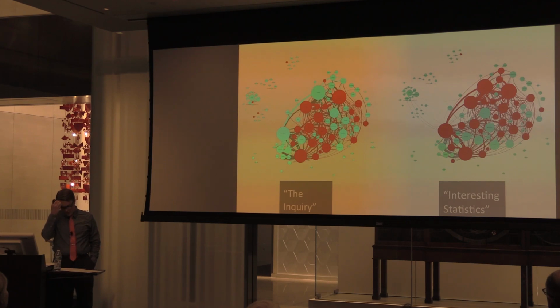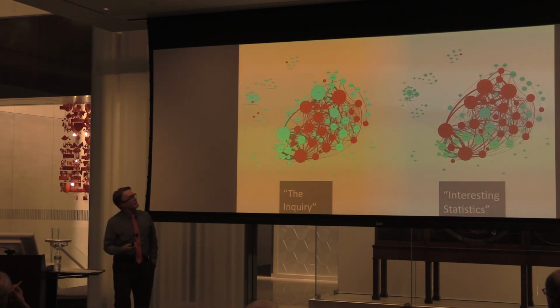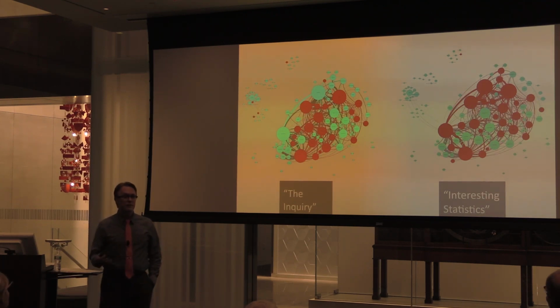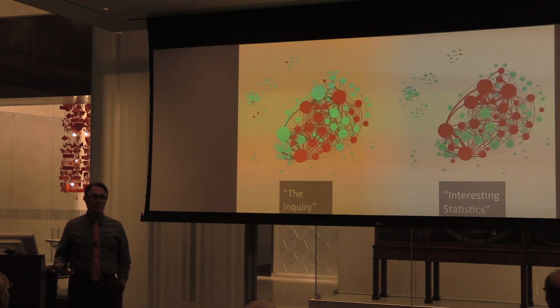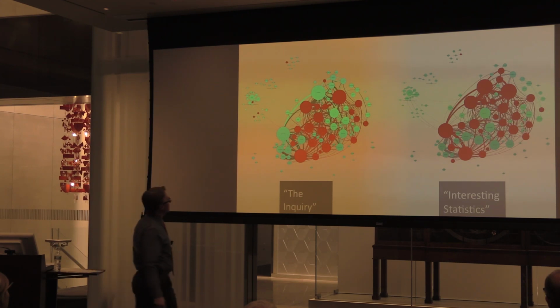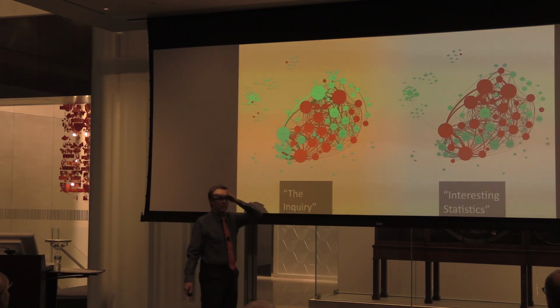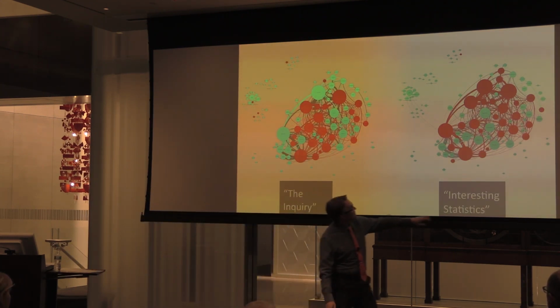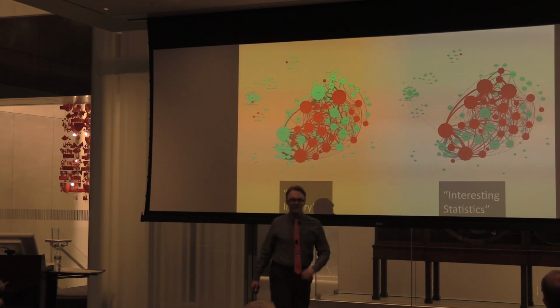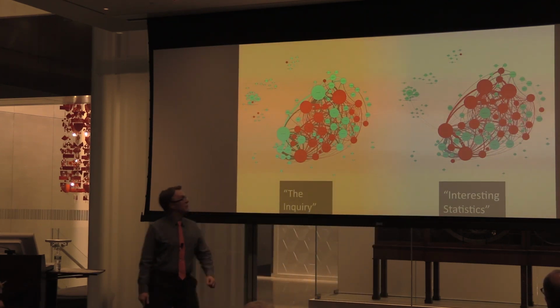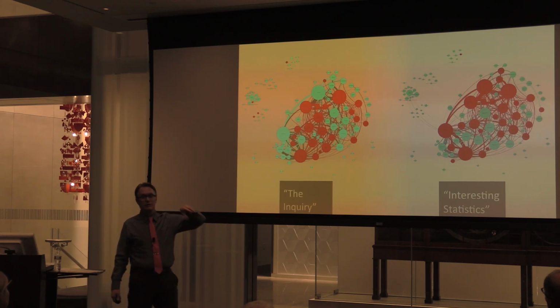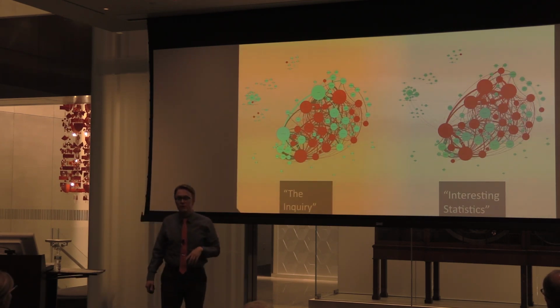Consider this viral graph. One of the things I've been thinking about is how can we use the network visualization to compare different texts and see where and how they circulated, right? So this is that poem, The Inquiry, by Scottish poet Charles Mackay, and this is that Interesting Statistics, all of those random facts. We can see which parts of the network reprinted each, and try to make some inferences about where they would go from here.